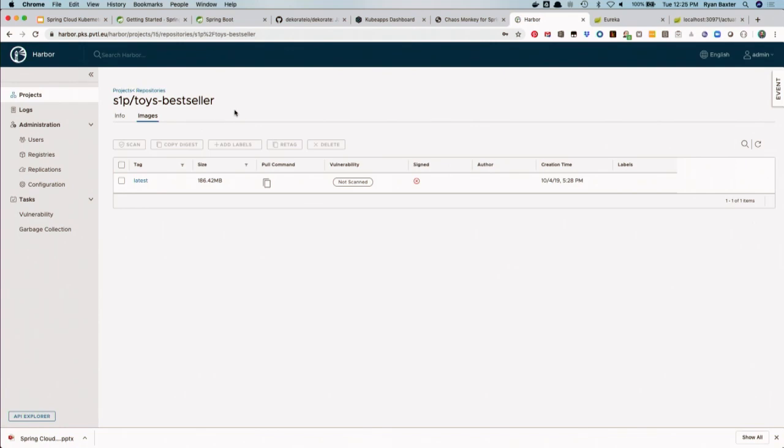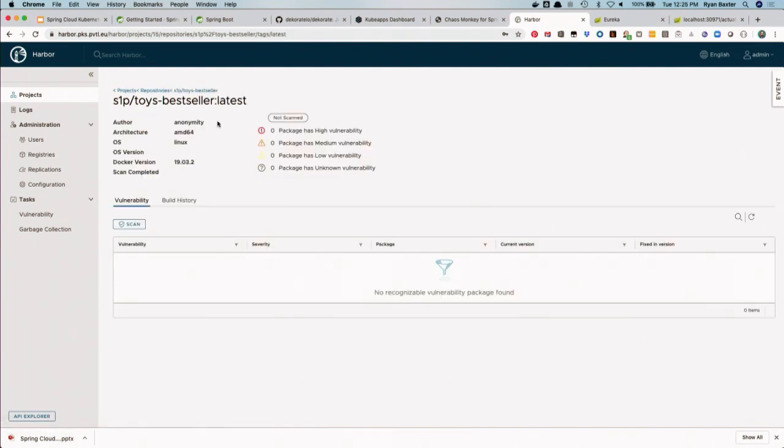Here you can see that I am using Harbor. Harbor is a Docker registry from VMware. It's an open source project that you can also deploy to any Kubernetes cluster. And using Harbor, you get nice features like image scanning and a lot of fancy stuff. Here you can see that I have an image already deployed.